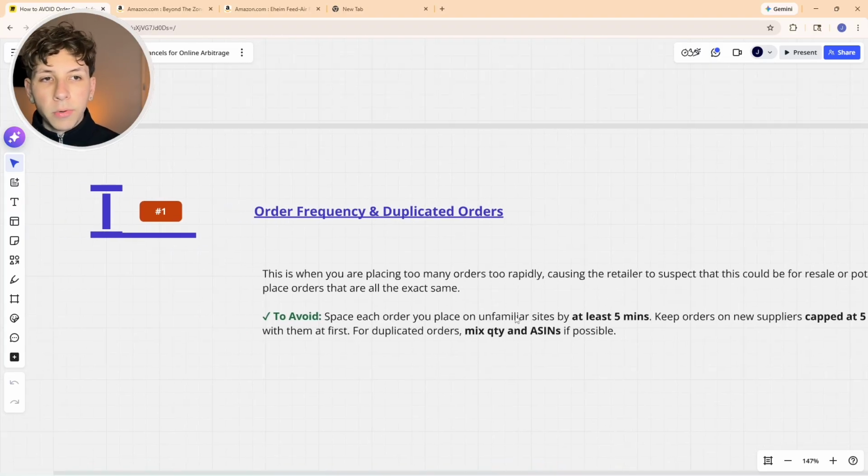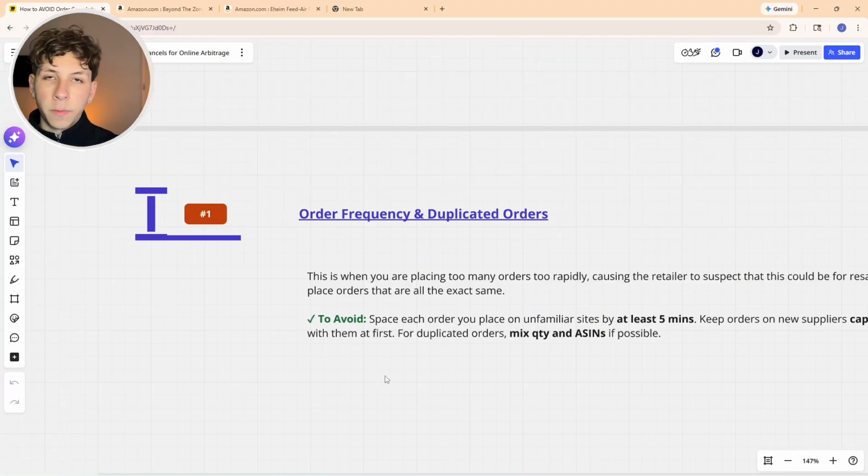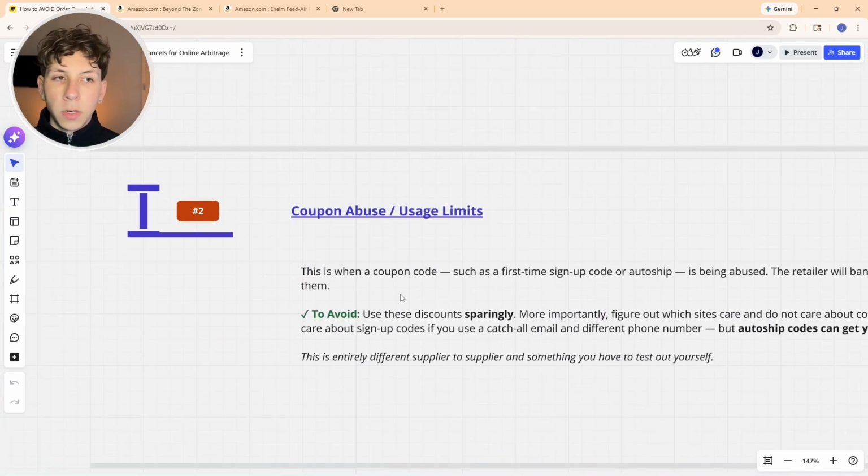So this is going to be probably the biggest reason. And then we're going to dig into how this main point kind of funnels the rest of these, because sometimes, yes, it is order frequency and duplicated orders, but depending on who the supplier is, there's really nothing you can do about it. And that's going to lead us into our second point, which is going to be coupon abuse